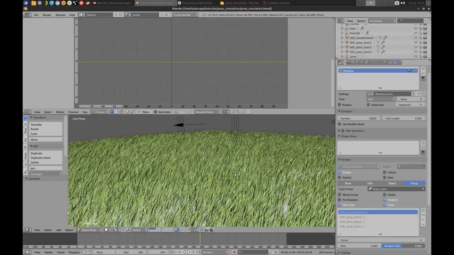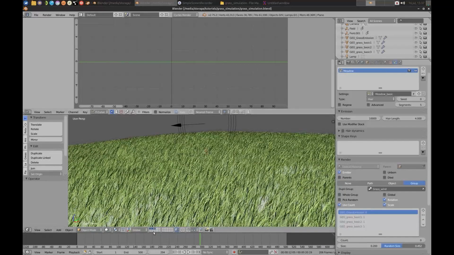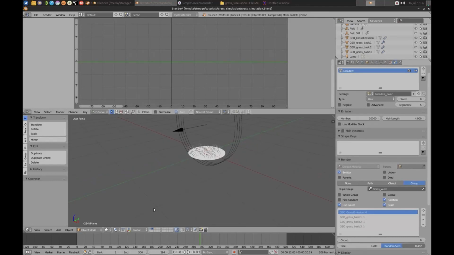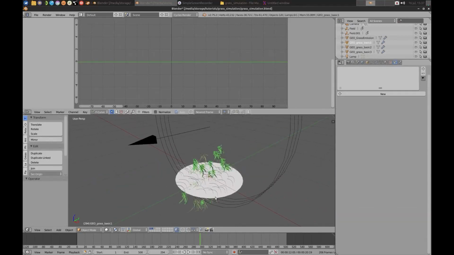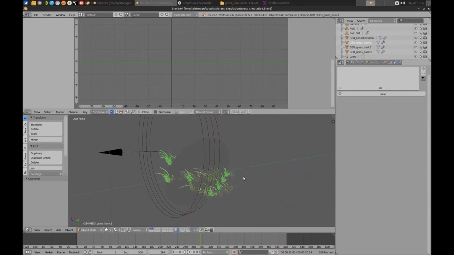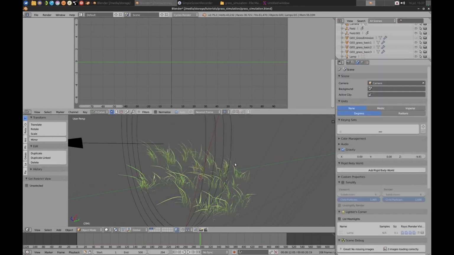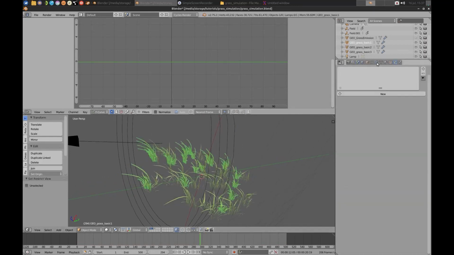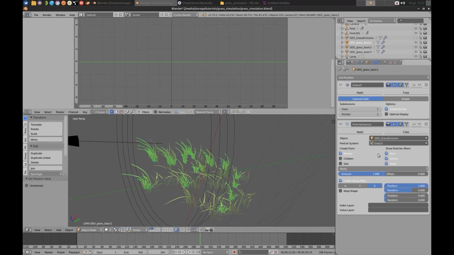We'll bring up the same file. And one little handy thing that we had was more options in the particle instance modifier. So we can change the amount of duplications here.